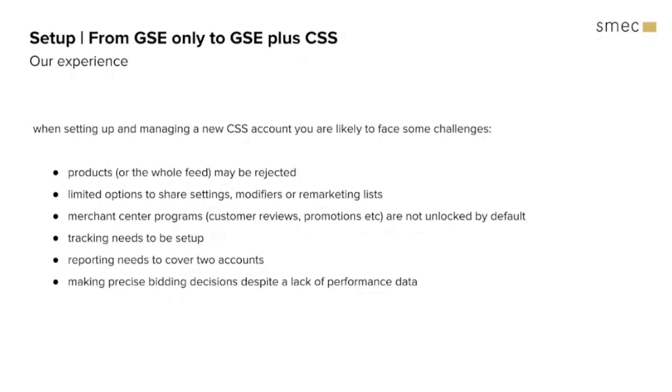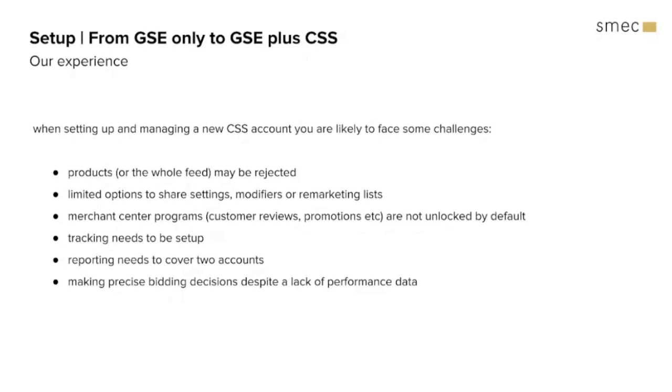Now, there are no more questions for now. Let's see, there may be one more before we close the presentation. And the question is, if you use Google Shopping Europe and CSS at the same time with the same catalog, doesn't this cannibalize the campaigns and increase the CPCs? The answer to that question is no, it doesn't, because the two auctions are treated completely separately. They run off completely different algorithms by Google. It's the same catalog, but it's running through two different merchant centers,